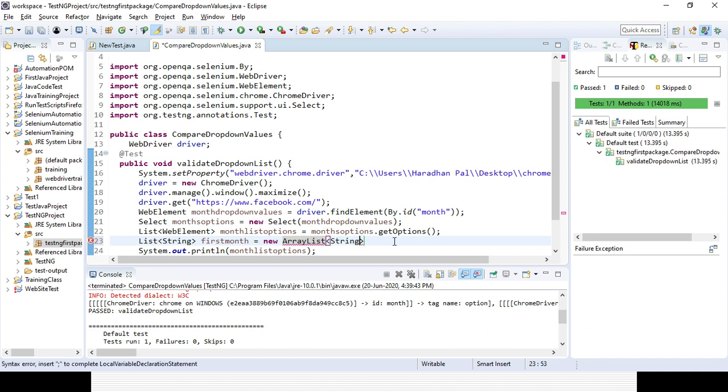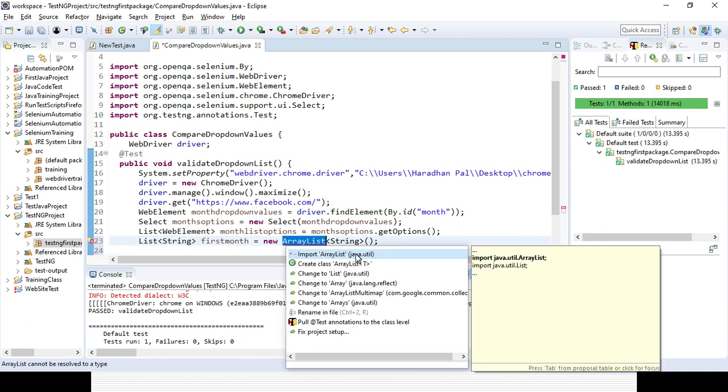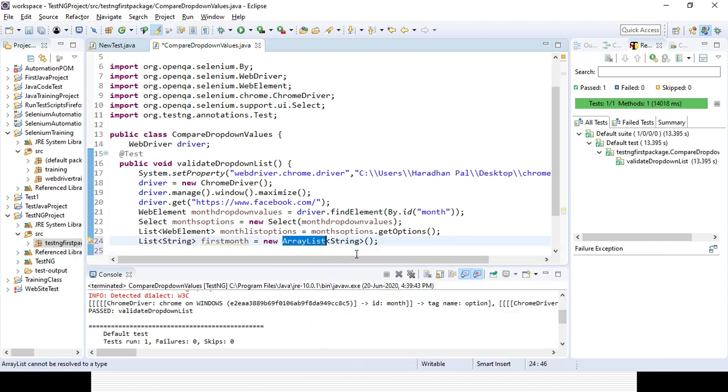Okay, you can see some error message is coming. You need to import the ArrayList from the java.util package, right? Once the import is successful, you need to use the for loop.